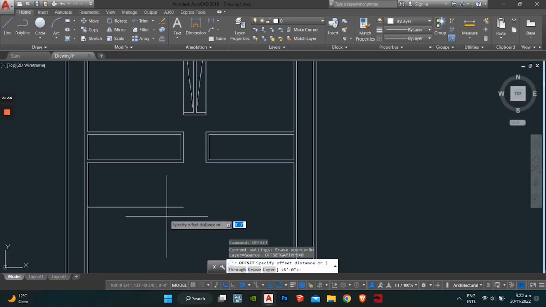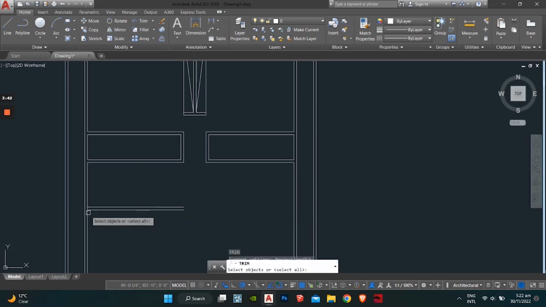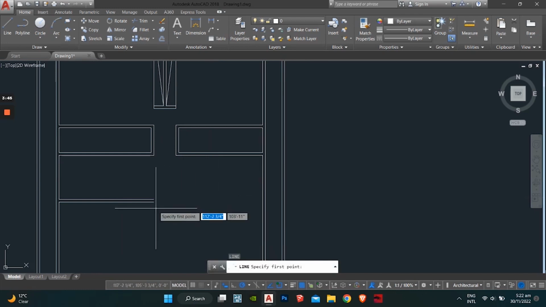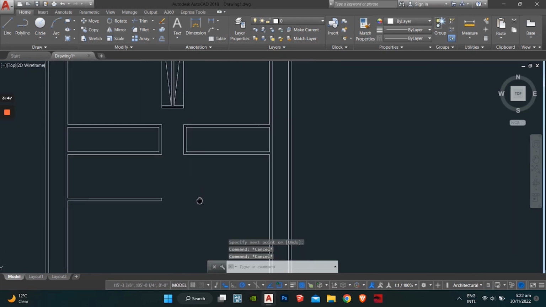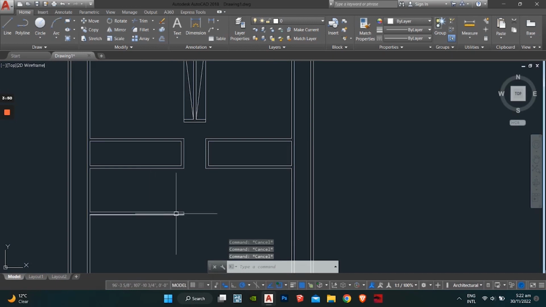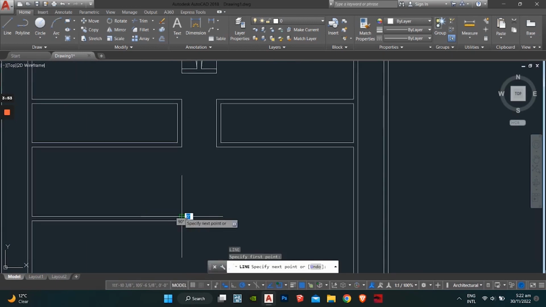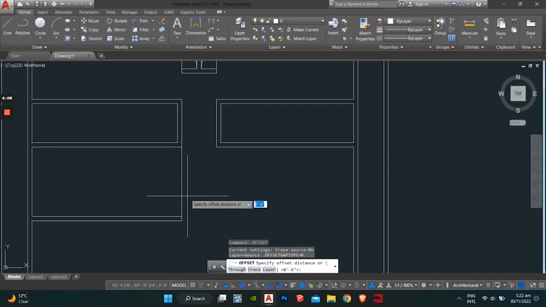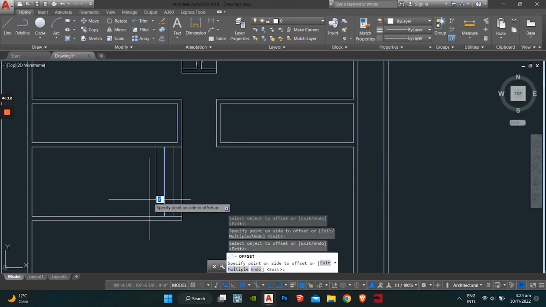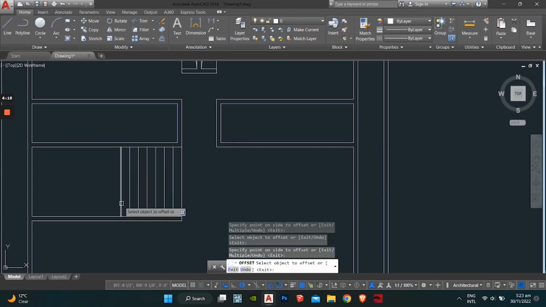Okay, offset, 6 inches to house the wall, trim, enter here, just draw a line here using the L command. Okay, again, I'm going to take one line here. As you learned before, the length or where our foot actually touches has to be 1 feet, and the amount of rise that we're getting has to be 6 inches. So what we're going to do is offset 1 feet. Okay, 1 feet, 1 feet, 3, 4, 5, 6,